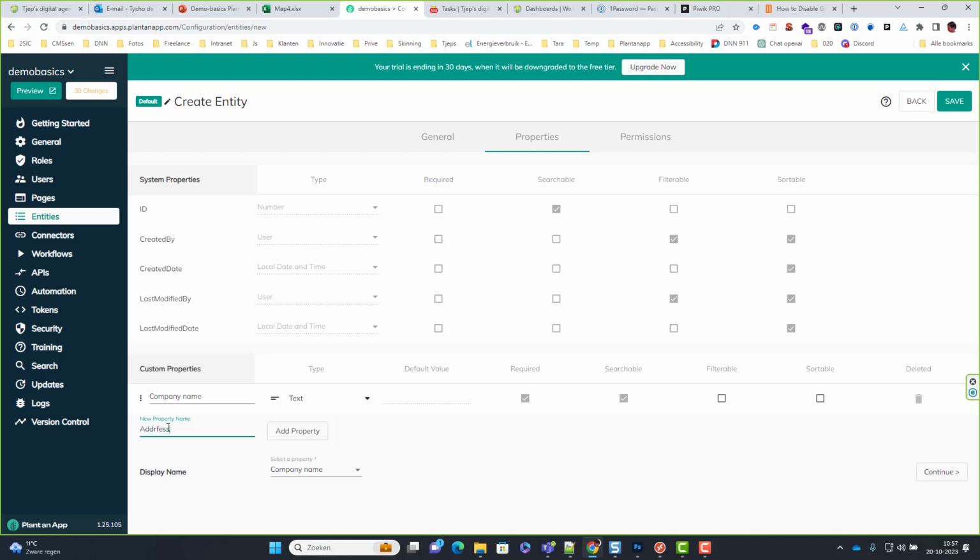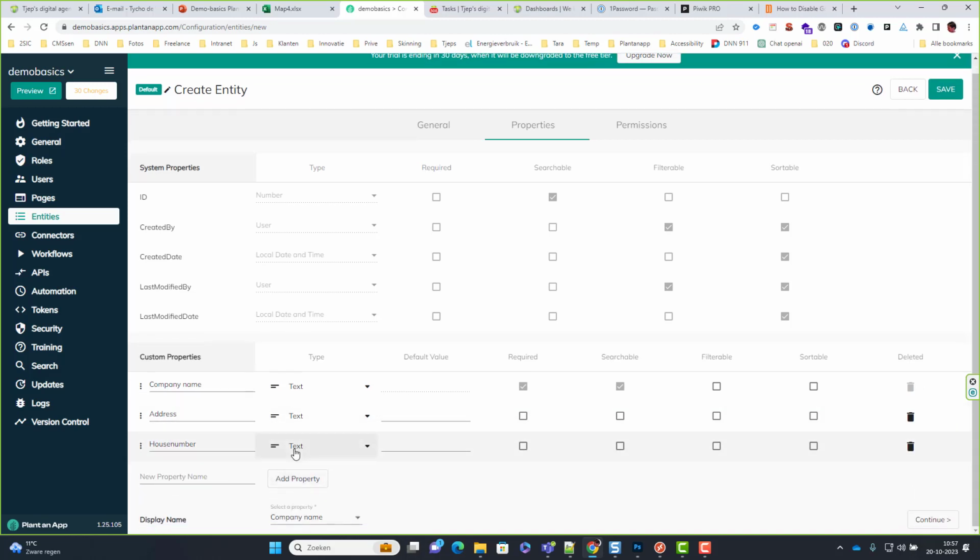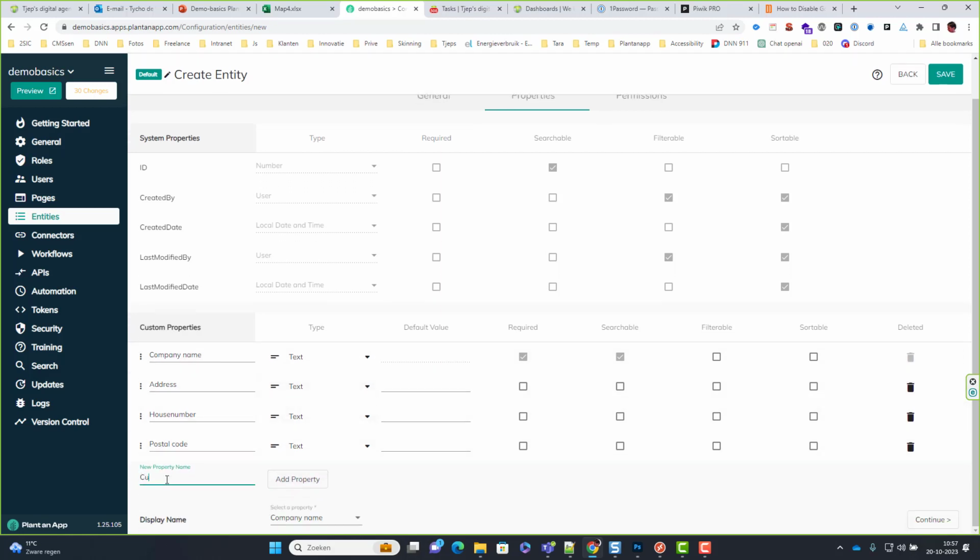And so here's address, and this will also be a text field. There's the house number. For this, I also choose text because you can imagine that you want an integer or something like this, but there are many scenarios where a house number is not just a number but also something added. So we have postal code, and we have city name,